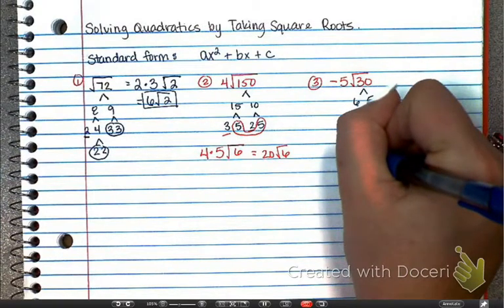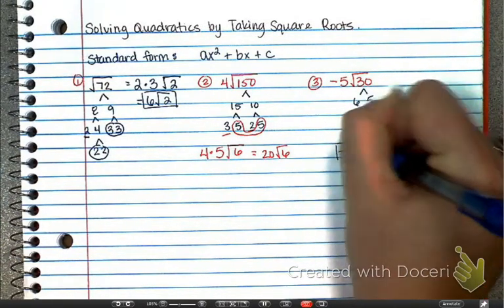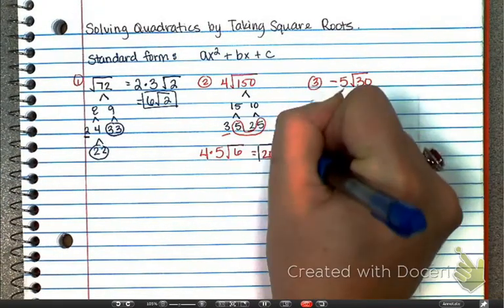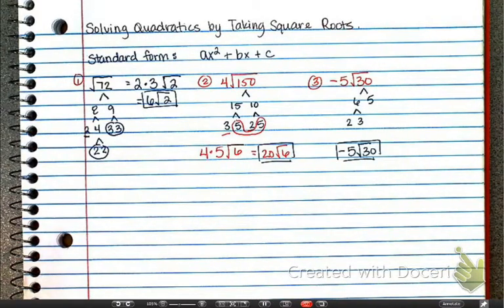Negative 5 square root of 30. If you cannot break it down, it stays as is. Okay. So we should be really good at simplifying radicals by now. We literally have been doing it all year long, right? Okay. So